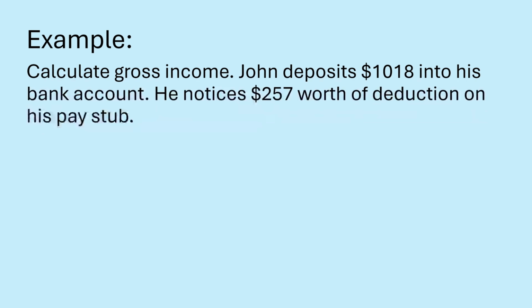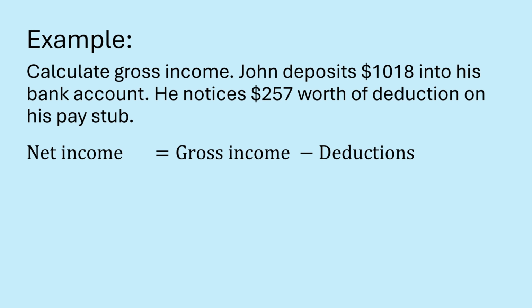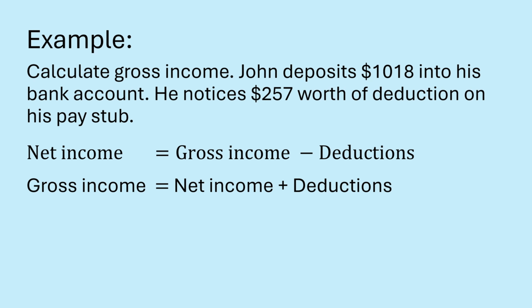Next example. Calculate gross income. John deposits $1,018 into his bank account. He notices $257 worth of deductions on his pay stub. Net income is equal to gross income minus deductions. So gross income is equal to net income plus deductions. Here net income is $1,018 and deduction is $257. So 1018 plus 257 is equal to $1,275. So gross income is